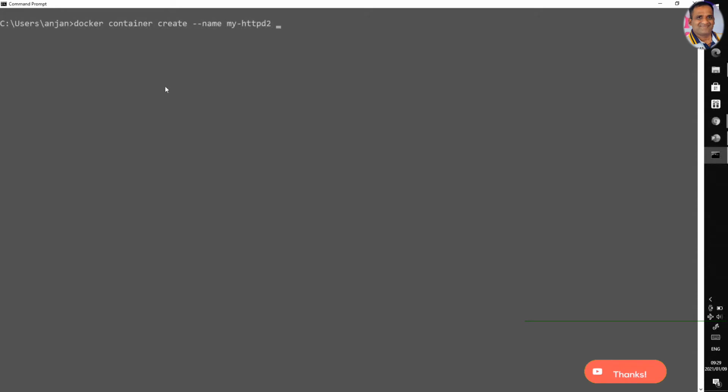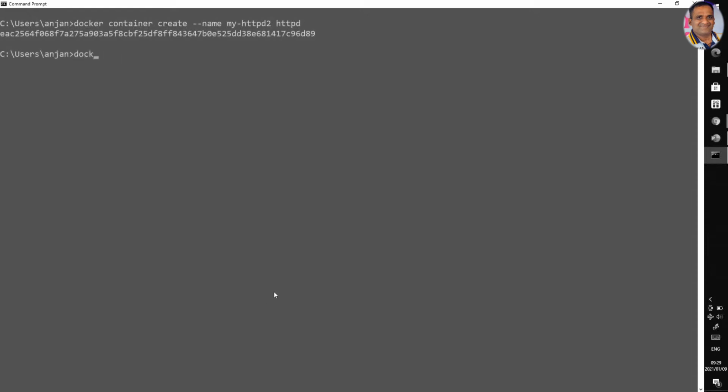This is the name of the container, and the image name httpd. Here the create command checks for the image; if the image is not available, it pulls the image and it creates the container, but it is not going to start. If you click enter, the image is already available, so it's not pulling, it is just creating the container.